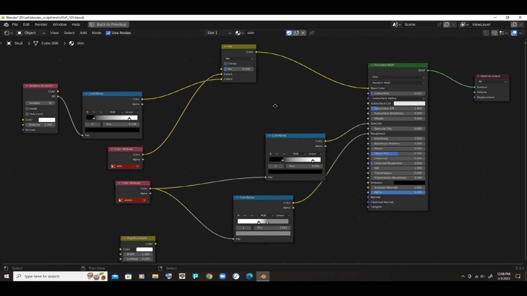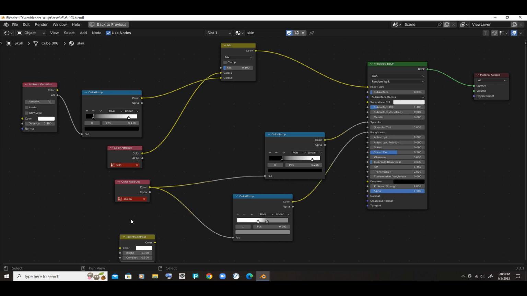And what you see is, take this out, you see the ambient occlusion, color ramp, a mix node, color attribute